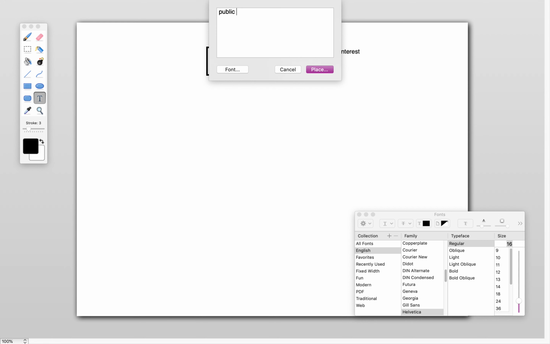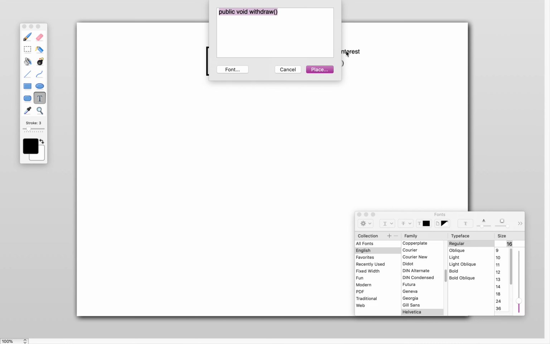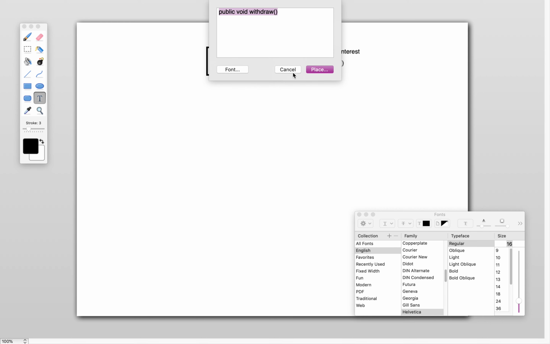So this is an abstract method and this is a complete method which has implementation details.